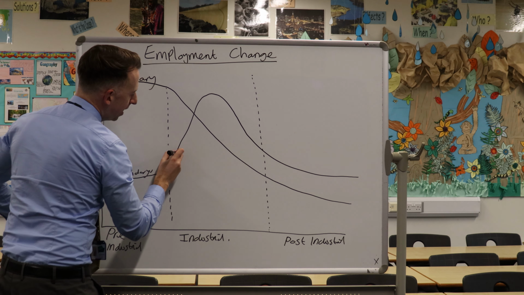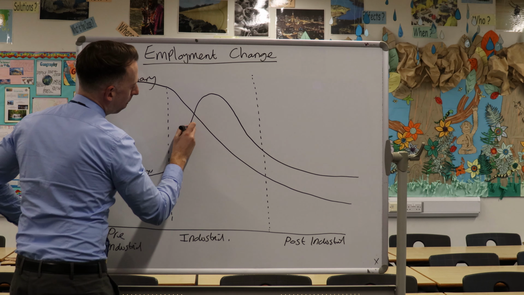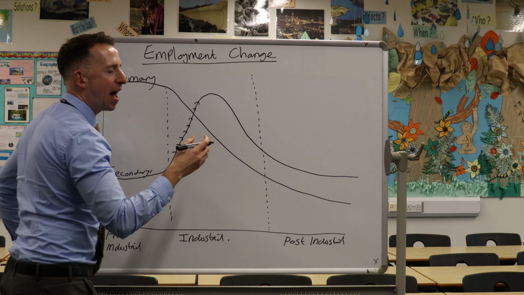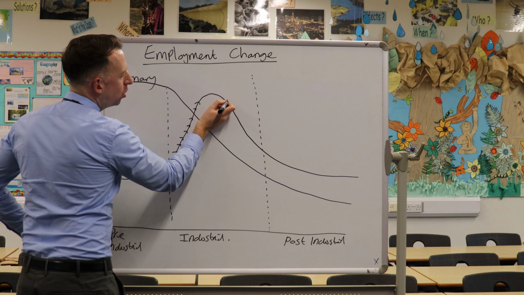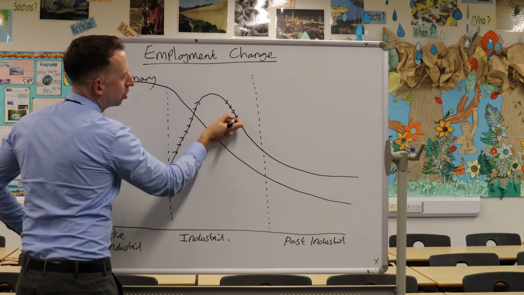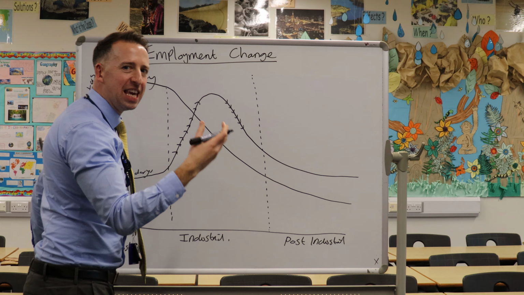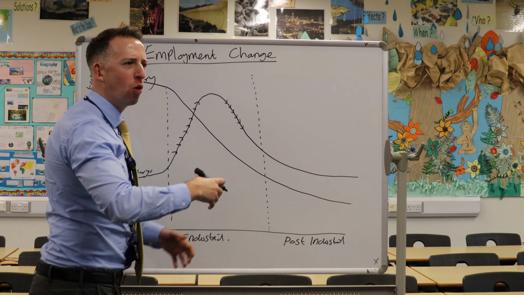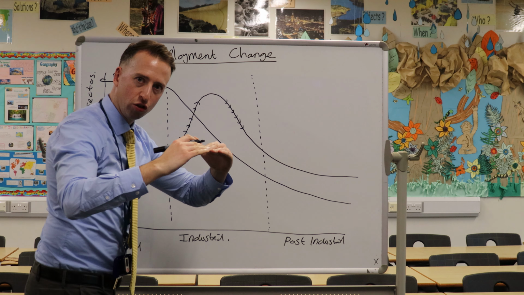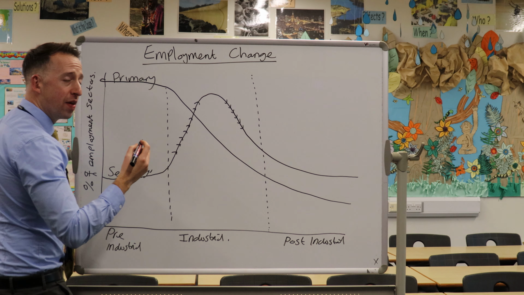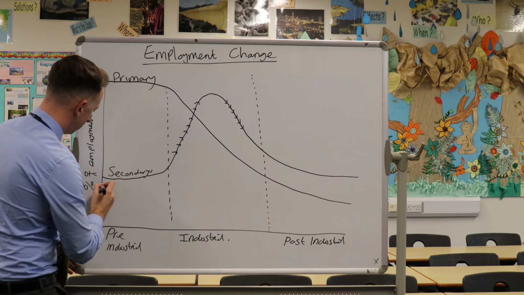Now this increase here in secondary jobs, this would be known as industrialisation, and this decrease in secondary jobs will be known as de-industrialisation. So where maybe all factories move to different countries and the amount of factories within a country drops. We then have tertiary jobs,